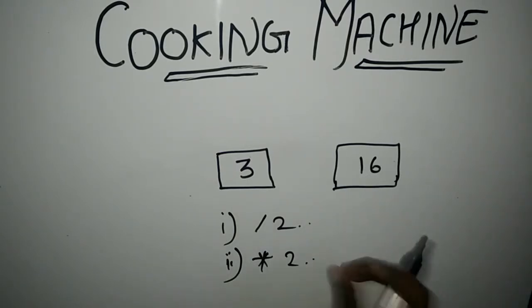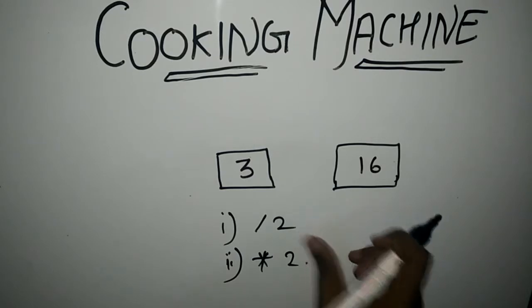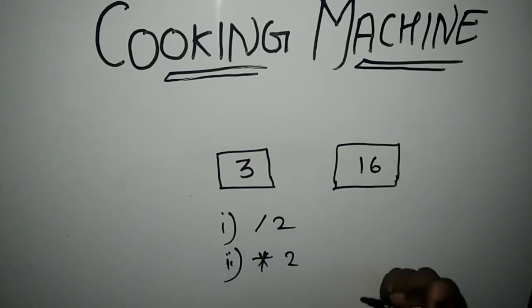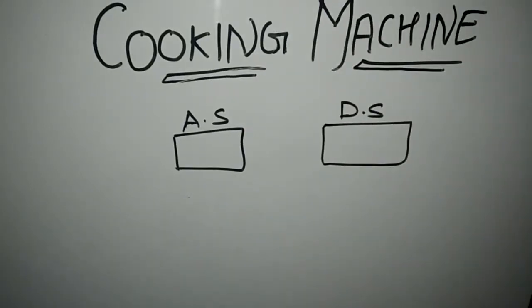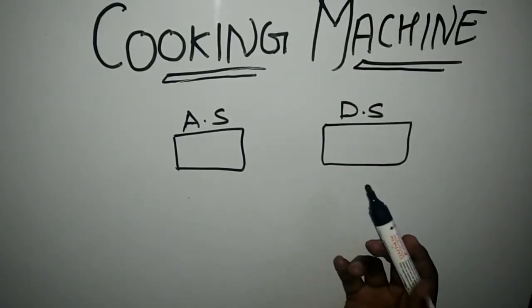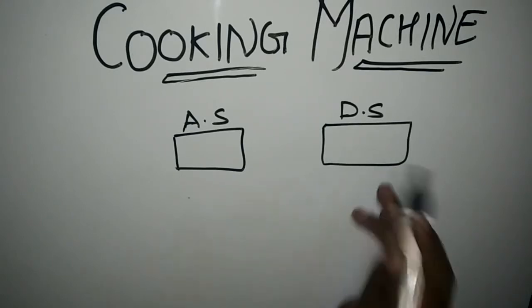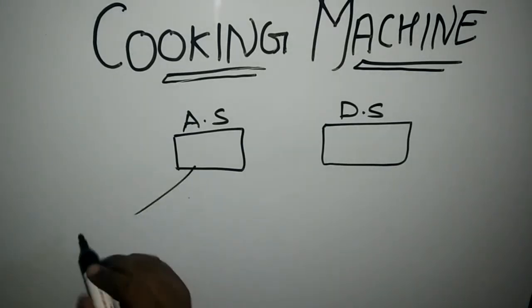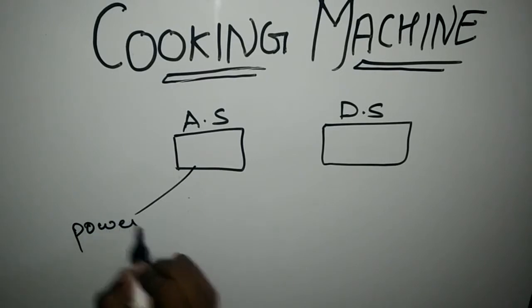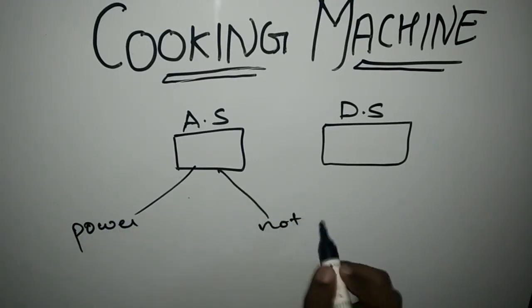You may think that the obvious logic would be divide if the number is greater than the desired setting and multiply if it's smaller, but that doesn't always work. So let me tell you how it actually works. Now you have to convert the actual setting into the desired setting, and as I have mentioned, the desired setting is always a power of 2, but the actual setting may have two cases. It may be a power of 2 or not a power of 2.